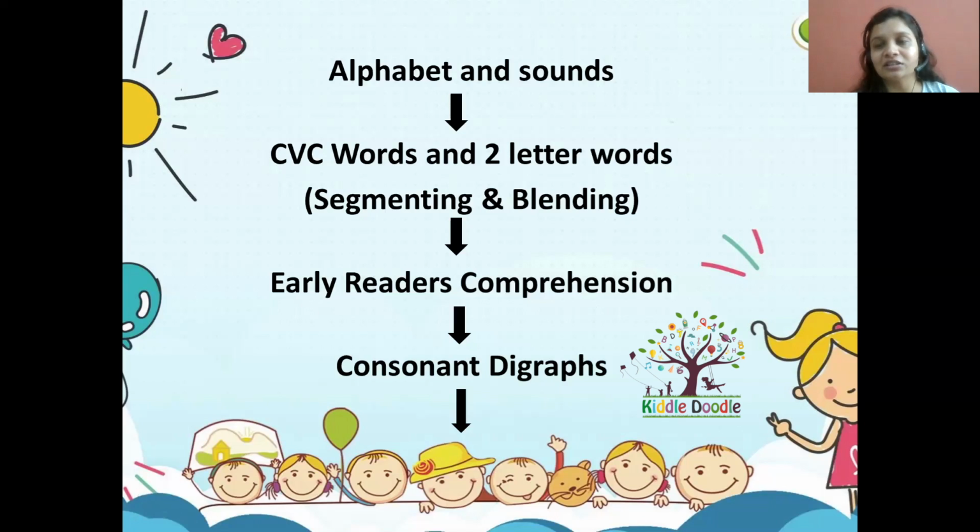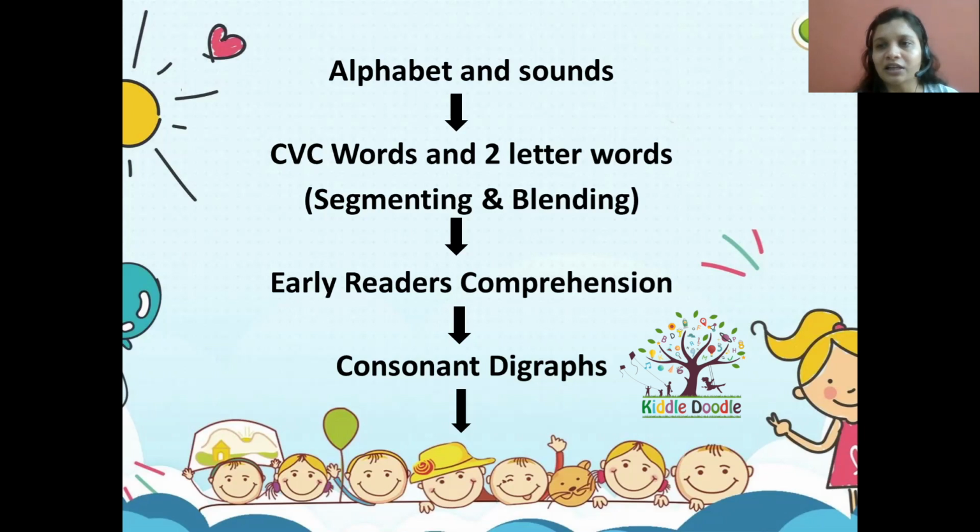So we teach this first to the child after they are done with sounds because they are easy to read, segment, and blend. If you saw in the presentation, we revised the alphabet and sounds, and then we segmented it. We helped the child understand that when you're reading a word, there are sounds associated with it. When I say cat, they should be concentrating on k rather than on c. That will help them a lot, and even in future when they're writing words, that will help them in spellings as well.